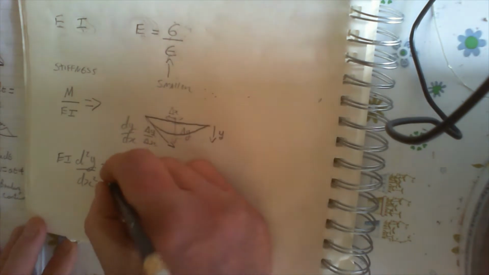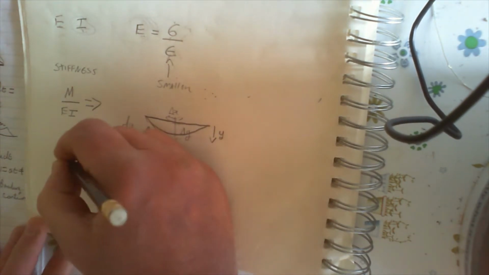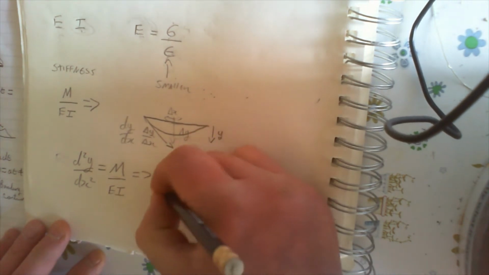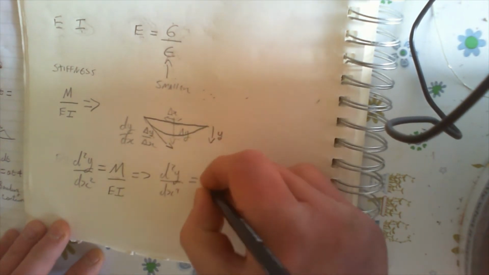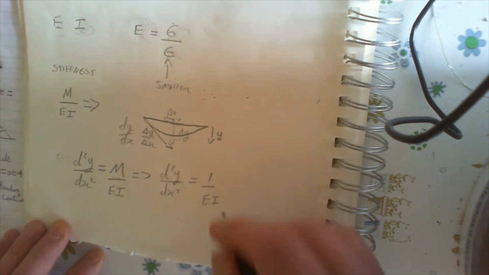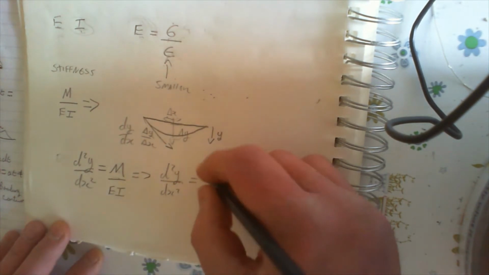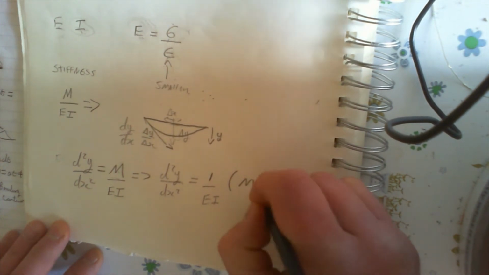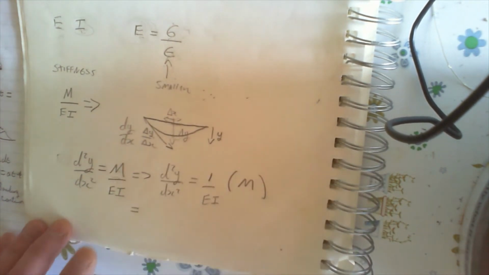So if we move this across to here, we'll be left with d2y by dx squared, and we take this out because this is a common factor, or a constant. The only thing that's going to change is this and this. So 1 over EI times the moment, and then what we'll do